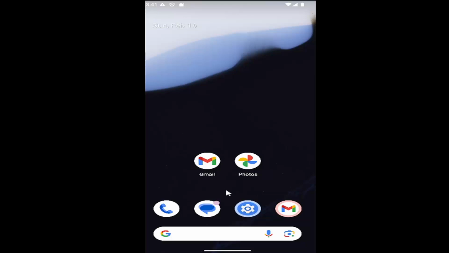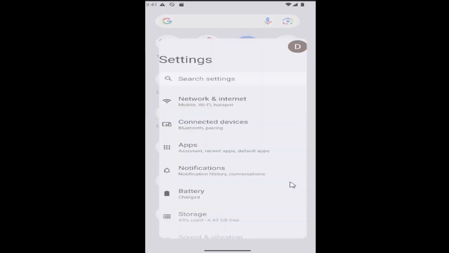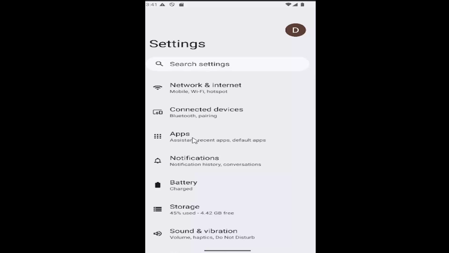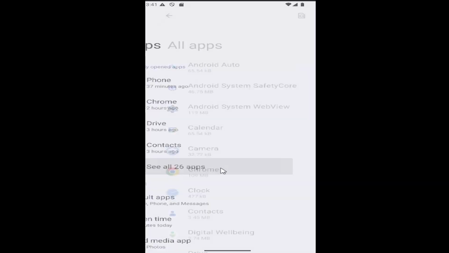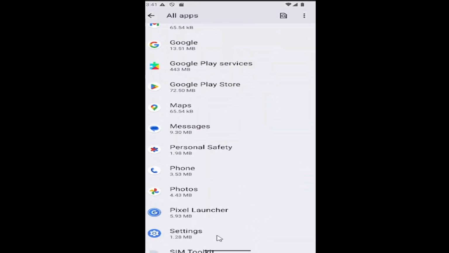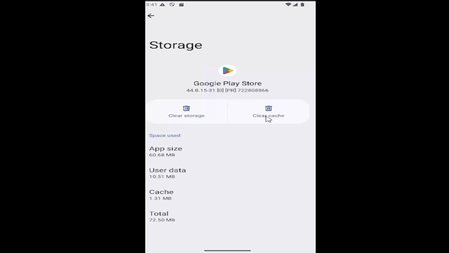So all you have to do is swipe up on your home screen, and you want to select the Settings gear button, and then select the Apps tile, and then select where it says See All Apps. And then go down to the Google Play Store app in here, select that, and then you want to select where it says storage and cache, select the clear cache button, and if you're still having a problem after you've